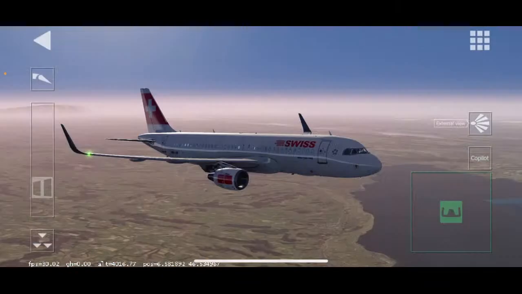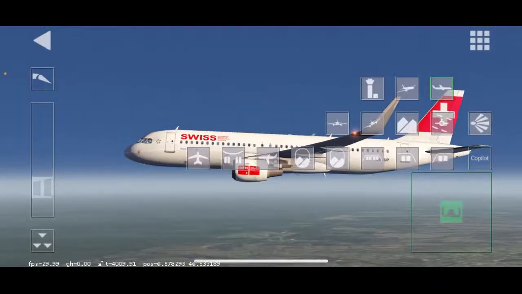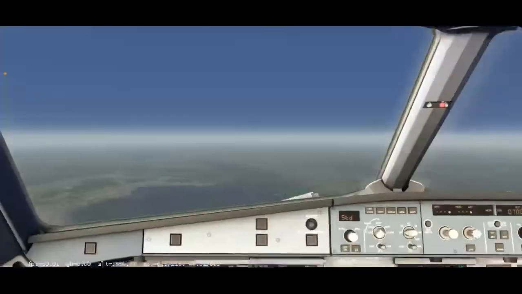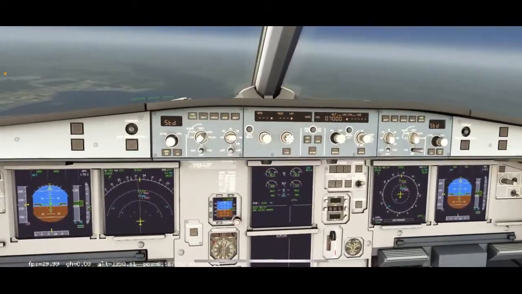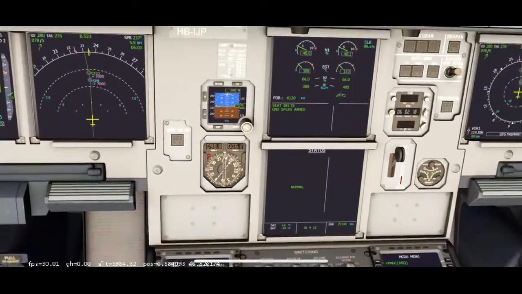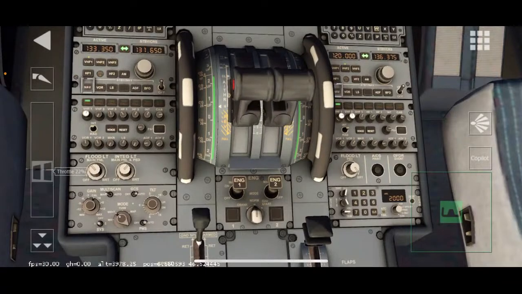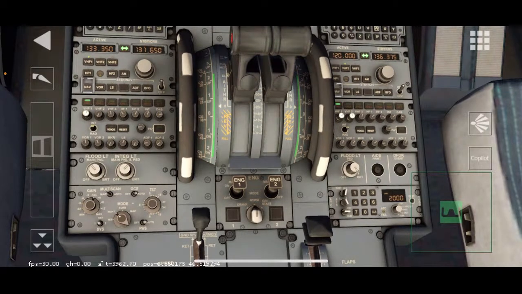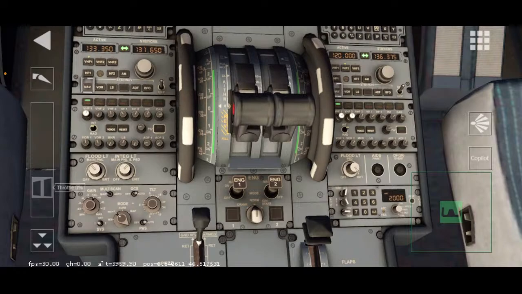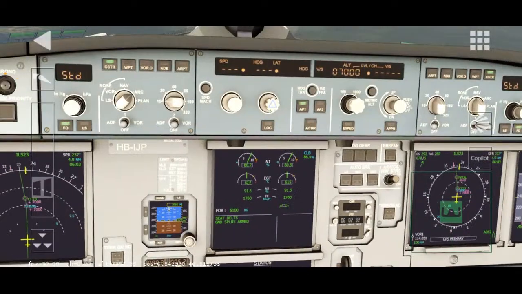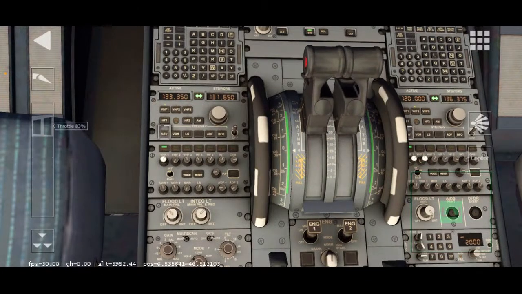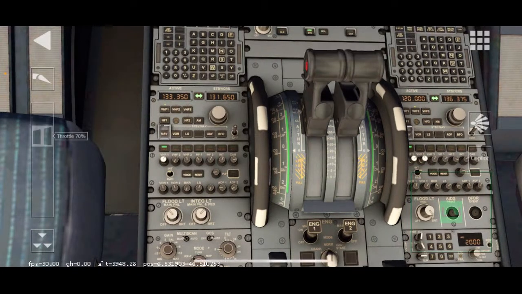Wait, let me check the outside. Okay, no gears are open. I swear to God, that happened last time, and I was on approach, and it literally just went autopilot off, and then engage auto thrust again. Okay, so that's back to climb, and that puts it back on auto throttle. Why is it not going back to auto throttle? Is autopilot on? Autopilot is on. Oh boy, what just happened? And then back to climb.